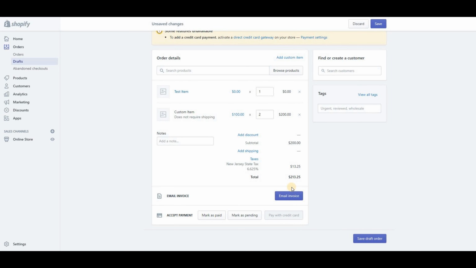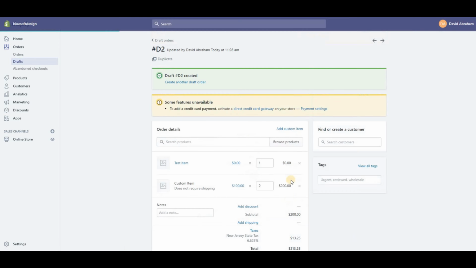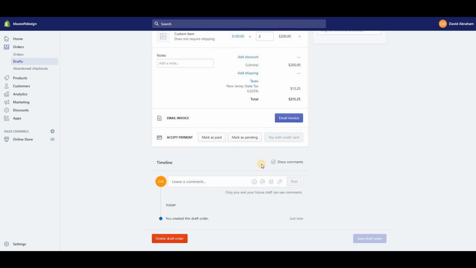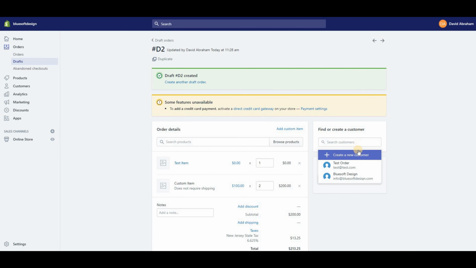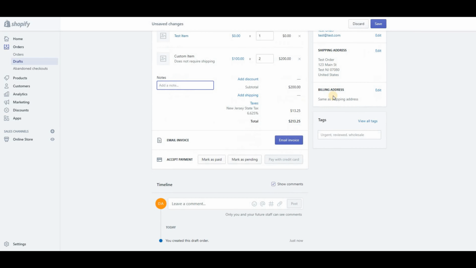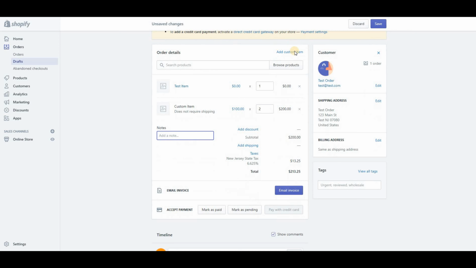And then once the order is finished, you can email the invoice to a customer. In this case, you can add a customer who already has an account on the store. So like, let's say this was for a test order. You can add the customer here. And if you choose email invoice,